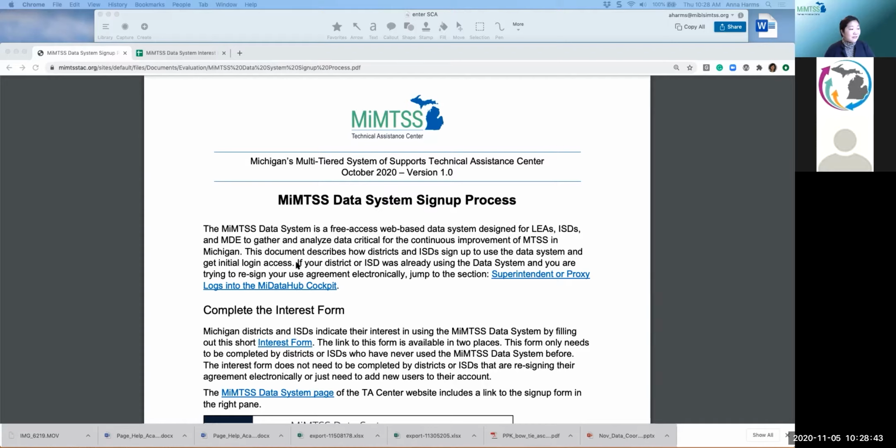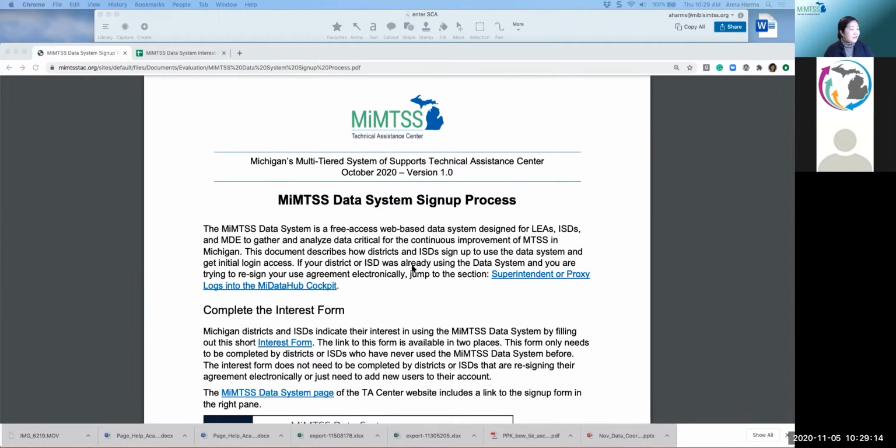So I just want to clarify that right now we are through December of 2020, we're trying to make sure that those districts who had already signed up to use the data system, that they just re-sign their agreement and their commitment to using the data system in the ways that it was intended to be used. That they sign that agreement electronically through the MyDataHub cockpit now that the agreement is available there. That will give us all of the active agreements consolidated in the same spot moving forward.